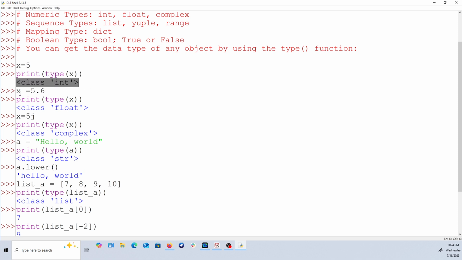and then we are seeing that it is what? It is an integer. So now if I assign x again to be 5.6, it will take the value of this initial x, because remember I said a variable is just like a location in memory. So if I now print that data type, it will now be saying that it is of class float,